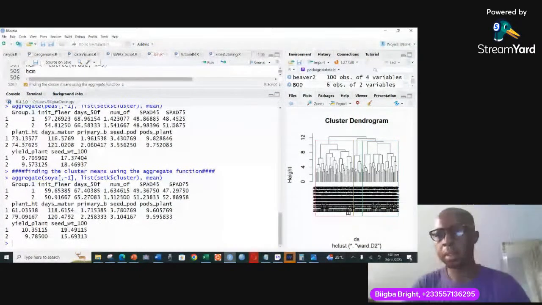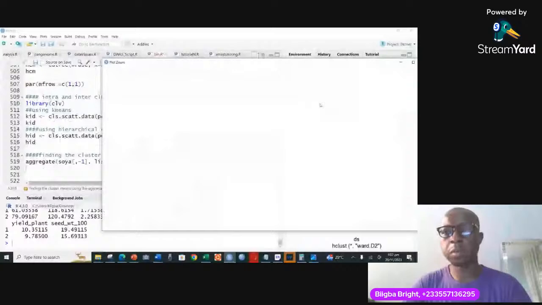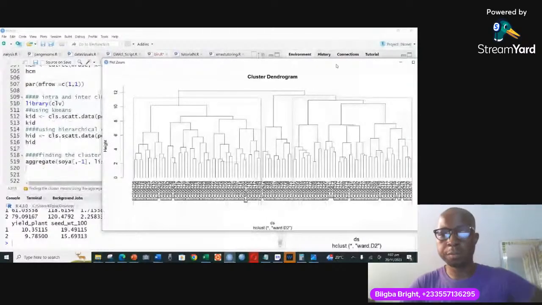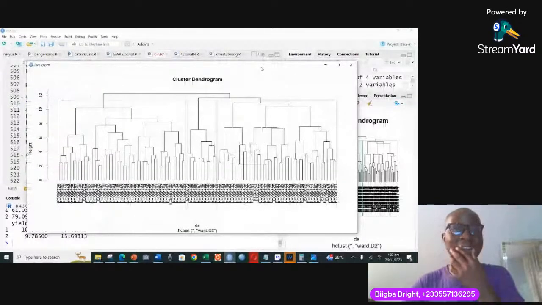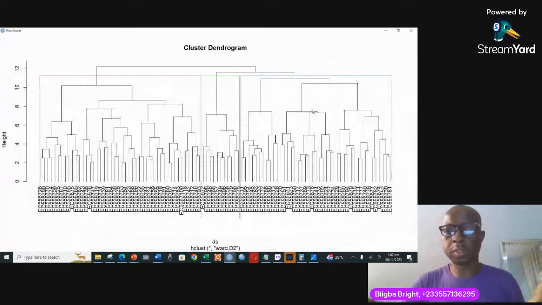This plot we have here, I don't know if it is visible enough. If it is not visible, now let me show you how to make it clear for publication purposes. You see, it's not looking too good. So if you are going to export it,